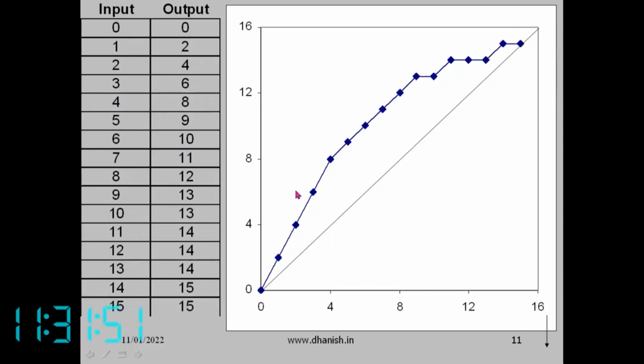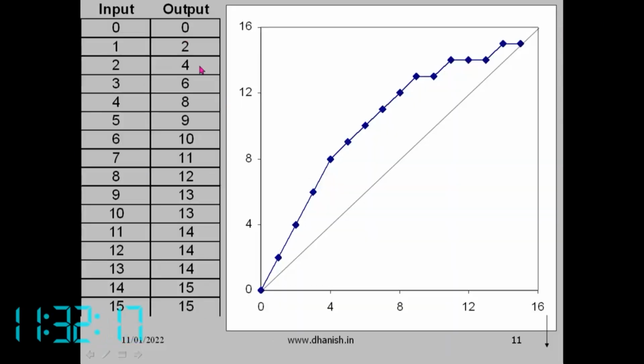If it is straight like this, then the input and output matrix will be the same. But if the function is like this, and the intensity of the original image is here, then the intensity in the final image will be very much enhanced. If this portion is going up like this, the intensities in this region will be enhanced very much.